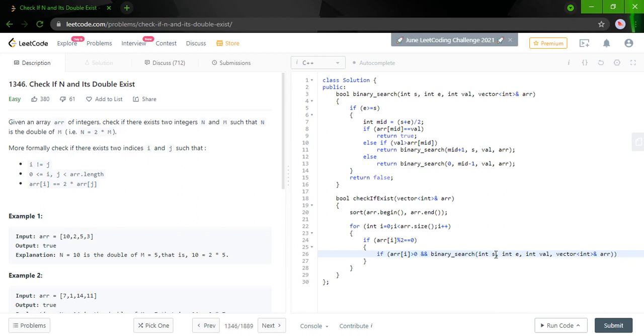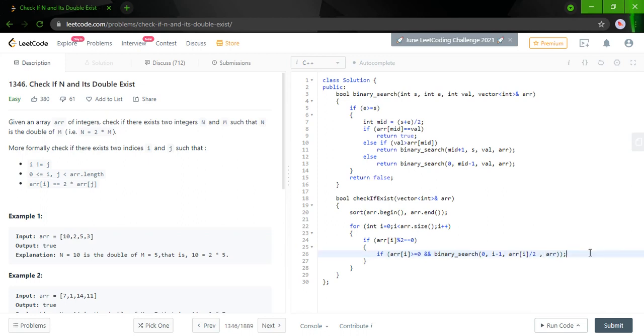So we're going to search from the start towards the left of the current element. So i minus 1 greater than or equal to 0. Let's just keep it for the safe side, covering the cases where the value is 0. And val will be nothing but arr of i by 2. So we're searching for the half.